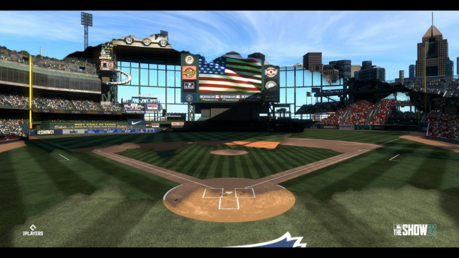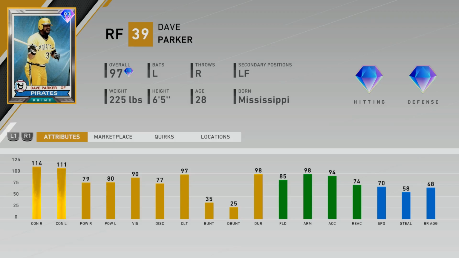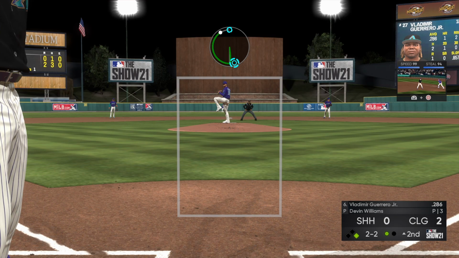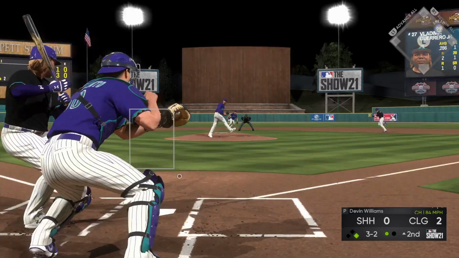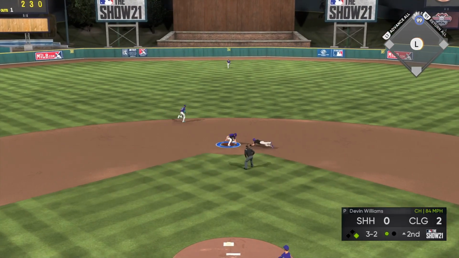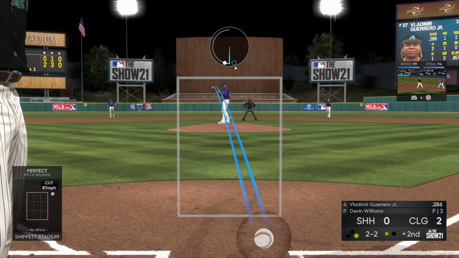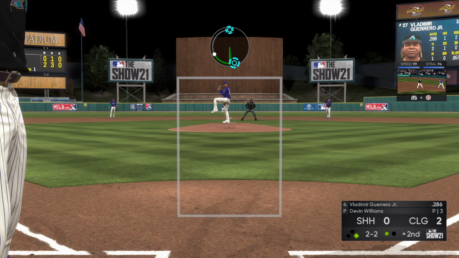So I went ahead and went back in time to MLB The Show 20. Took a look at both of the cards that we had for Dave Parker. Here's a 97 overall prime version. Obviously, this one would probably be a little boosted, but if they took a combination of this 92 and the 97 to make a balanced Dave Parker, I think that would be pretty cool, like a 94, 95 overall balanced version of Dave Parker. But now we'll get into the 4 things you may not know about MLB The Show